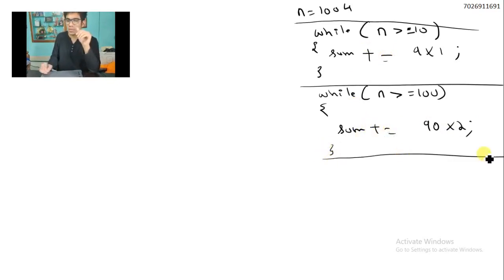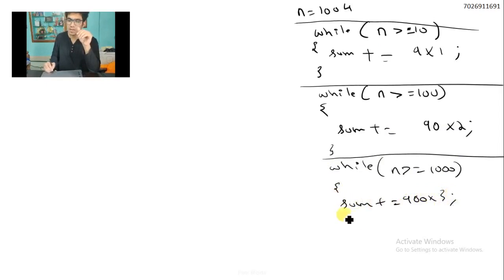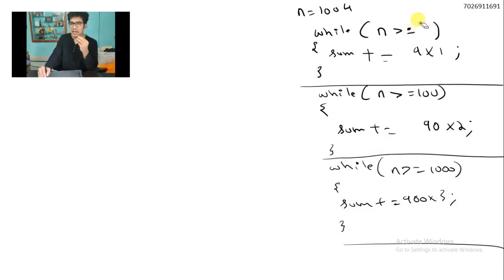So again one more while loop. Is n greater than or equal to 1000? Yes, 1004 is greater than or equal to 1000. So sum plus is equals to 900 into 3. Yes. After this I have stopped. Now can I write 10 as 10 to the power 1? Yes. Can I write 100 as 10 to the power 2? Yes. Can I write 1000 as 10 to the power 3? Yes. Agree? Yes. So now I'll be writing this